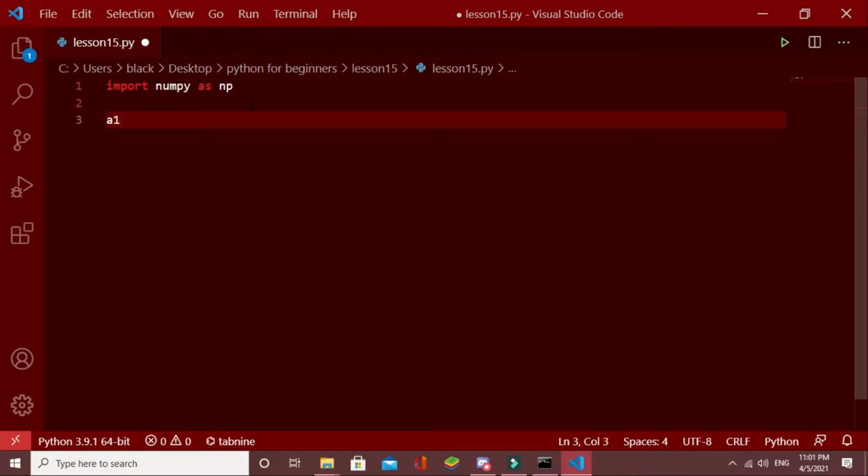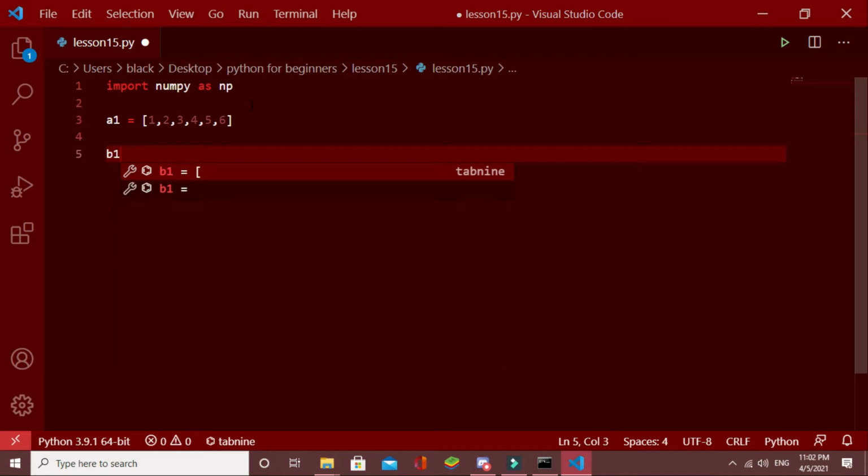First I will create a list called a1, which equals some numbers like 1, 2, 3, 4, 5, 6. And if you want to convert this list into a NumPy array, we have to do something like this.